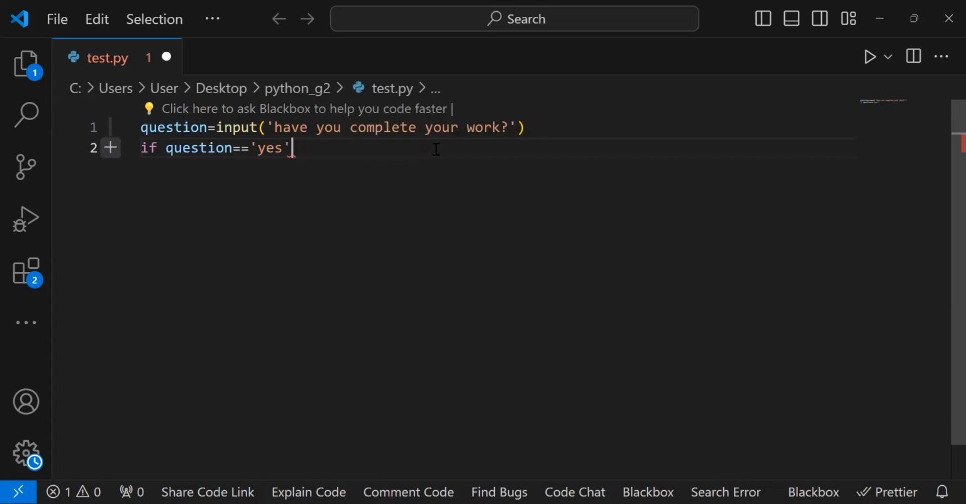Then if the answer is yes, so after writing the statement, we have to place this colon sign. So this is if, and question equals yes. This is the statement, and then place a colon, and after the colon,